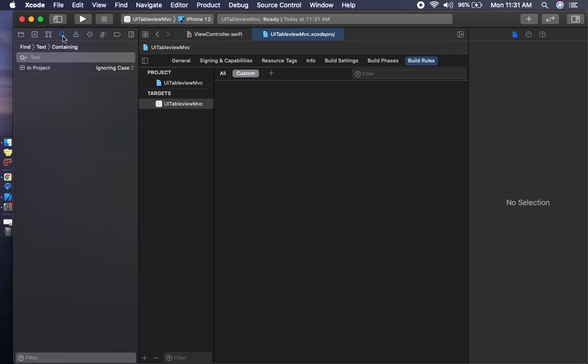Here this is the search indicator, to search any text or any file or any project by using touch. In the text there are different types of search methods, like first or last, everything. This is the warning indicator, like the issue indicator. When we run our project, it will show the issues in the navigator, everything. This is the test navigator, where they implemented the UI test in the default framework for iOS, everything.